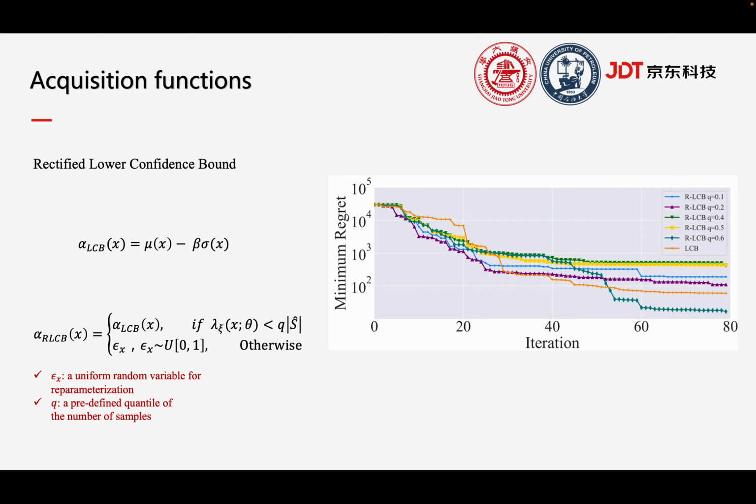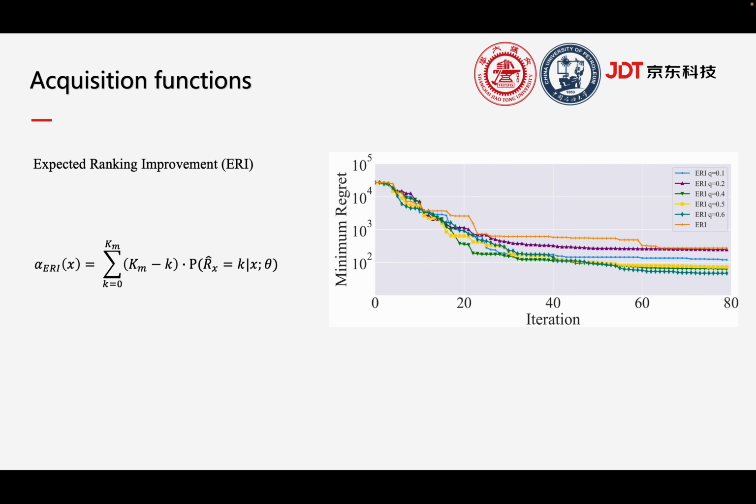The experimental results of the ablation study on the Rosenbrock benchmark are shown in this slide. Inspired by EI, we introduce ERI to maximize the expected improvement on ranking over the worst tolerant ranking K subscript M. We set K subscript M equal to 5 by default. It indicates the expected improvement of the ranking over X compared to the top K subscript M, not only for top 1 as in vanilla EI. We also apply the rectified technique to the ERI acquisition function. The experimental results of the ablation study on the Rosenbrock benchmark are